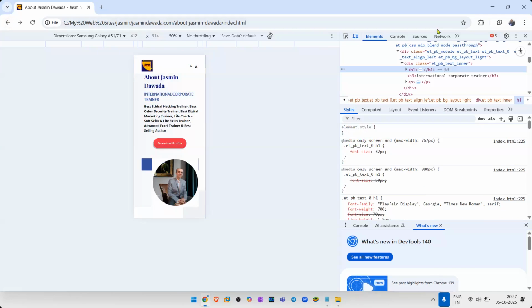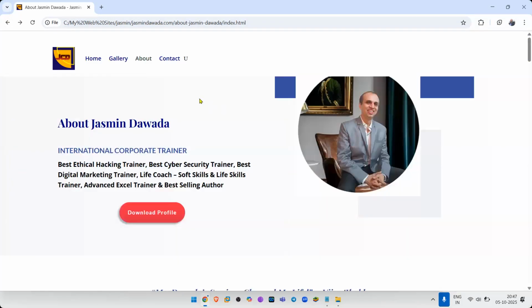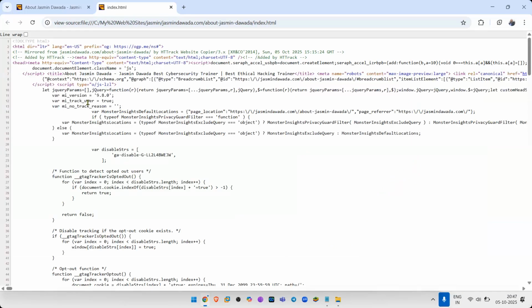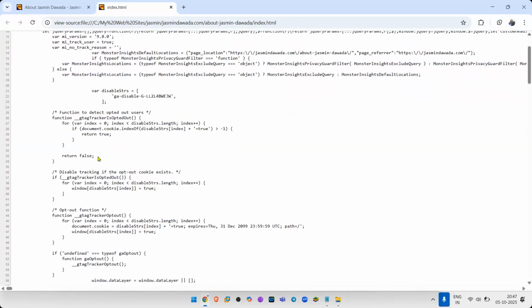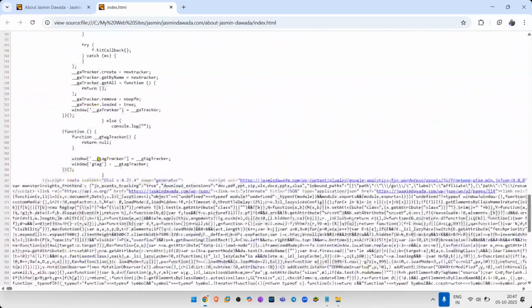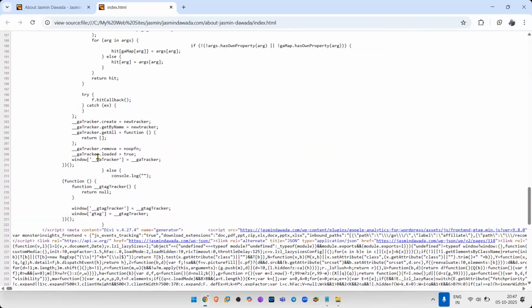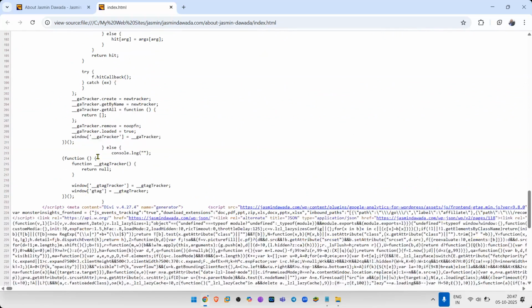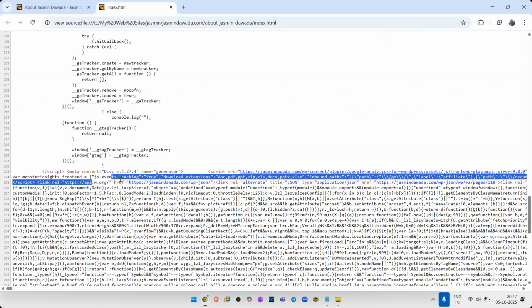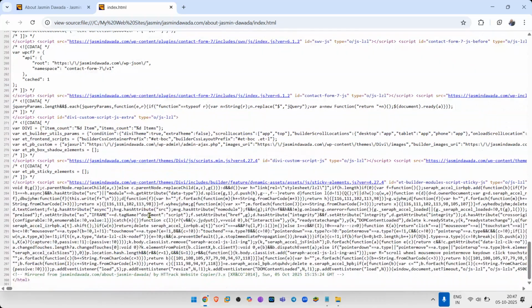So you are checking so much information. Right click, select view page source, and here you will be able to read all the codes that are there on my website. So the meta content, the front end details, the JavaScripts that are being called, and through that, it becomes easier for you to hack me.